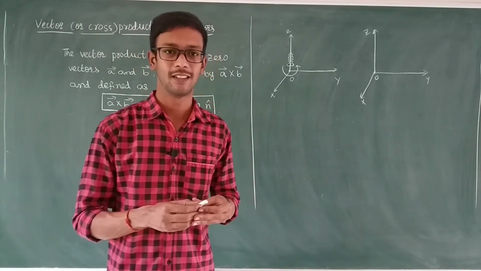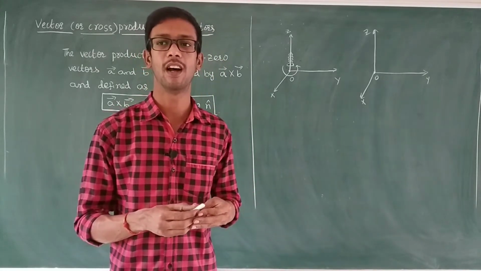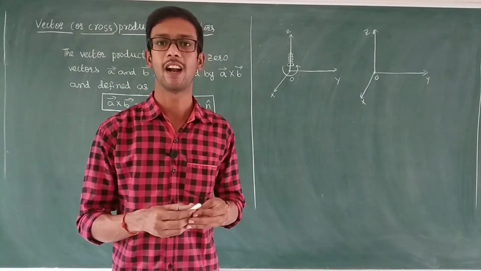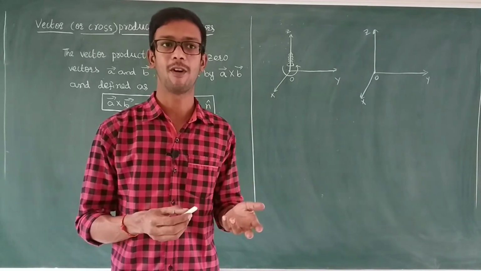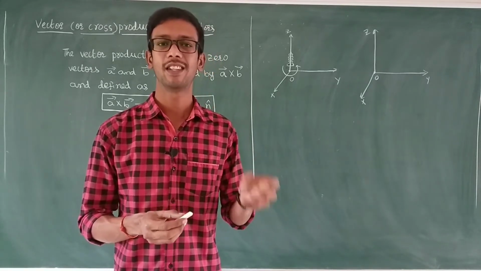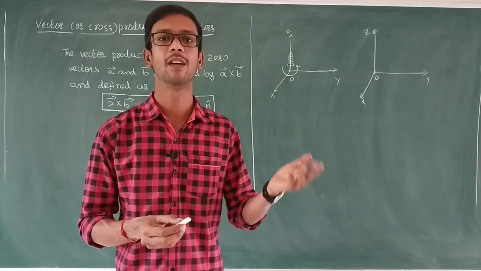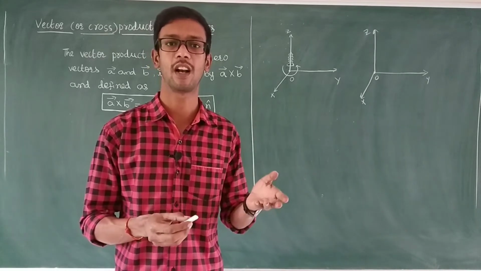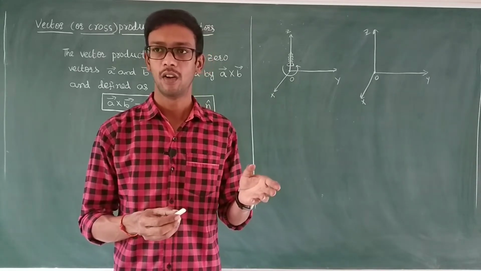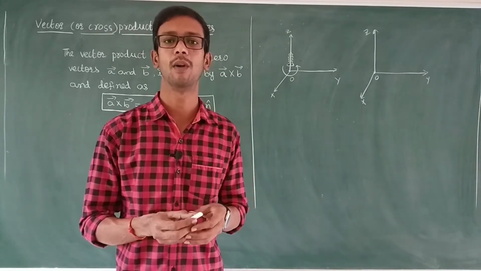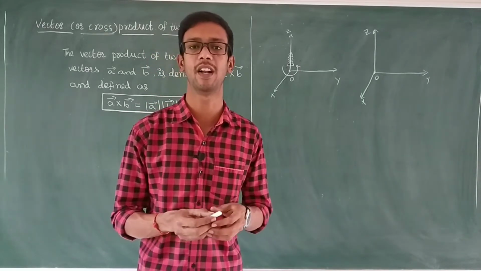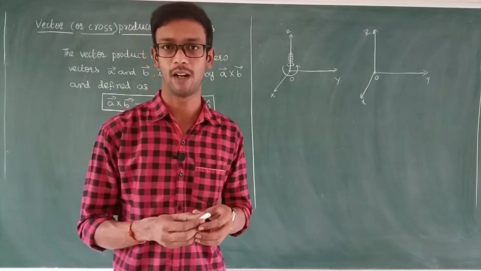In the previous class, we discussed the scalar or dot product. What is a scalar product or dot product? Both are the same. Based upon that, we found the projection of vector A bar on vector B bar. Then we discussed some example problems and one exercise problem. That whole exercise depends upon the dot product or scalar product.